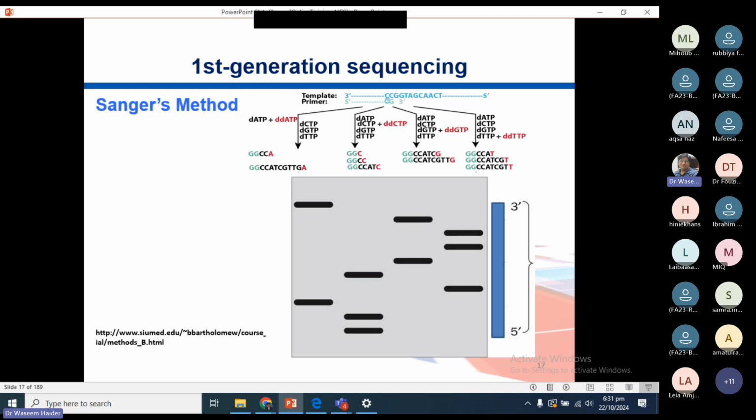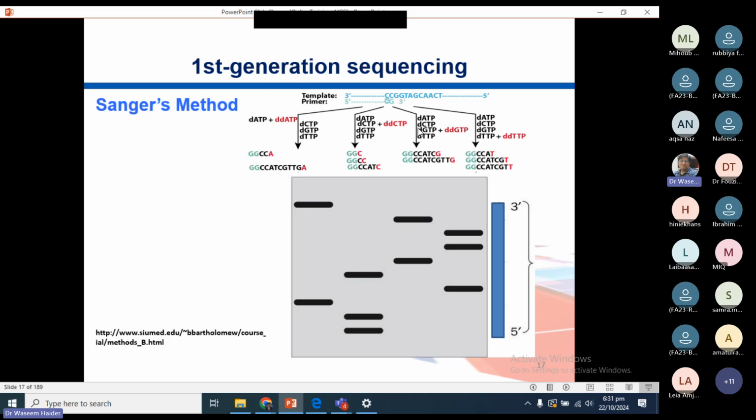So here we set up 4 reactions. In one of the tubes, we have everything good, except we use a combination for ATP, so normal ATP plus dideoxy ATP. So what's going to happen? We have the template, we have the primers, we have the polymerase, whatever we need, the rest of the things. We had every salt and pepper here. Do that experiment, except we use a combination, or a combo, for ATP: a normal ATP and dideoxy ATP. The next tube has normal CTP plus dideoxy CTP, so a combination for